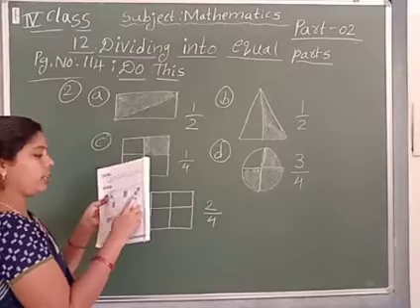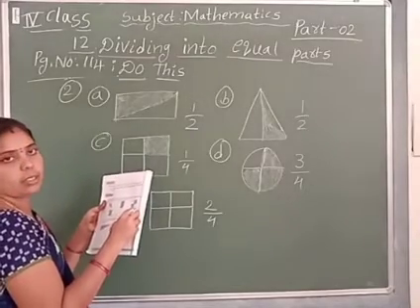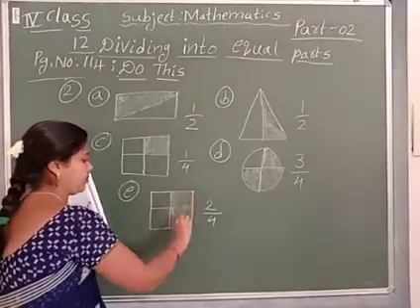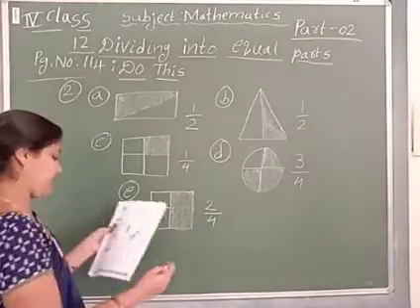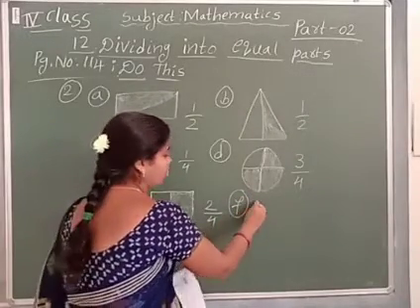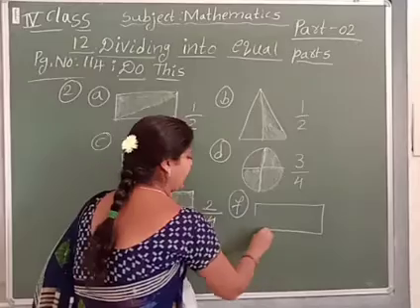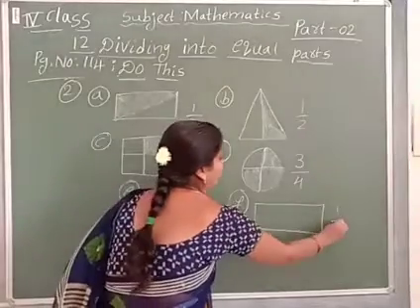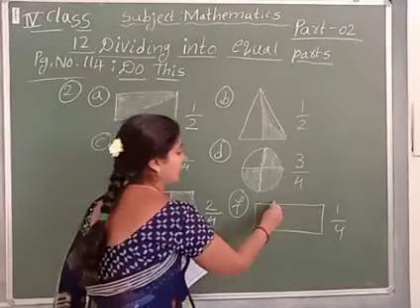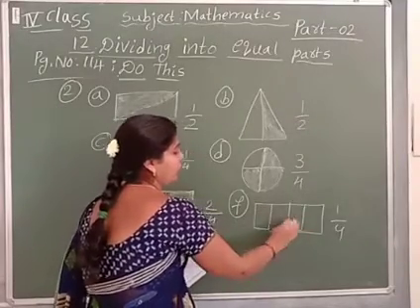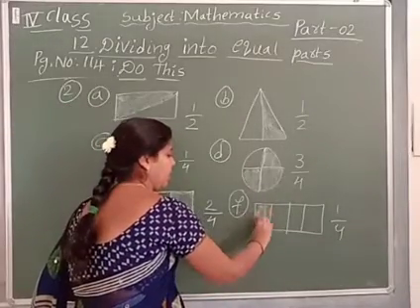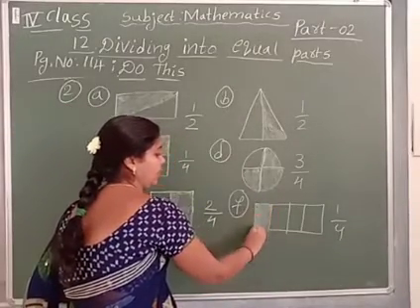As we did before in the first bit, the C question, there also any 2 parts will be taken. So 2/4 part. Next, S1. Here a rectangle shape is given. So 1/4. What is the fraction? 1/4. So divide into 4 equal parts. 1, 2, 3, 4. 4 equal parts. So 1 part will be shaded. So the numerator is 1 now. So 1 part is shaded.